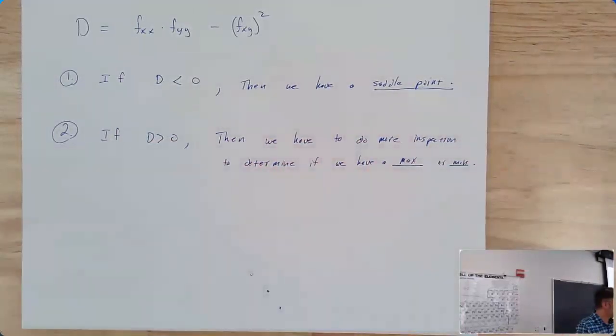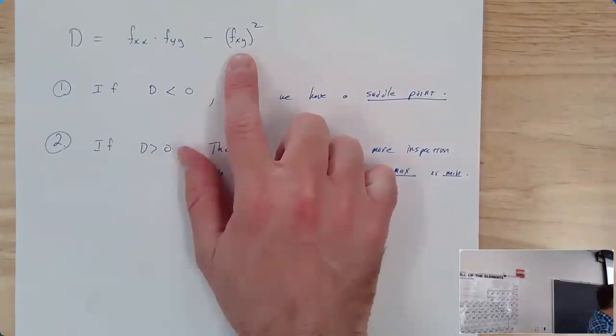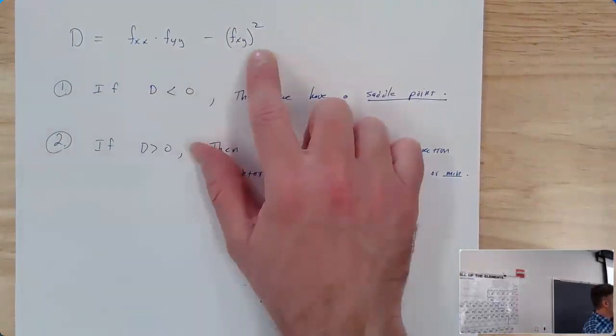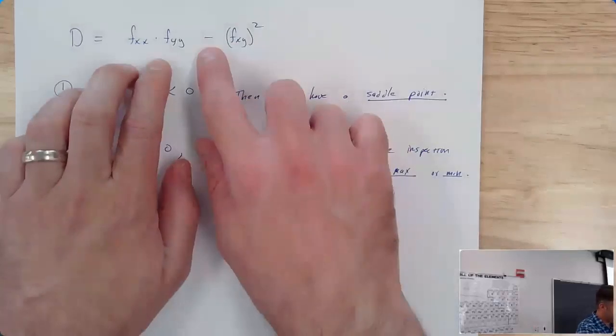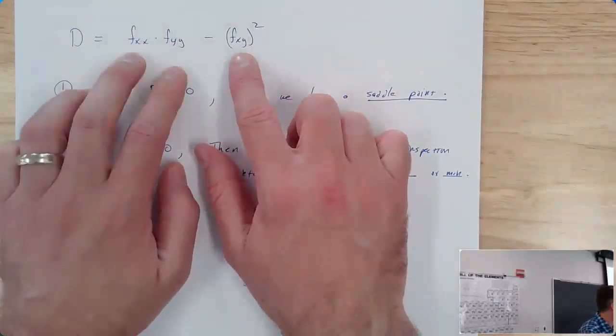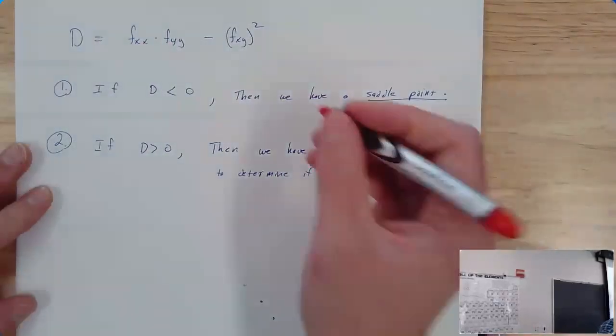And here's the work. Here's what I want to point out first. Notice that fxy quantity squared is always positive. So if this whole quantity is positive, then you have something minus a positive thing. This had to have been positive. So I'm just going to say it one more time. Notice that